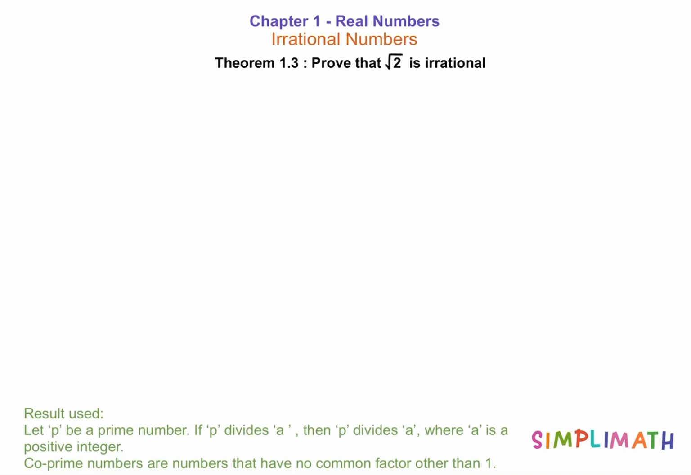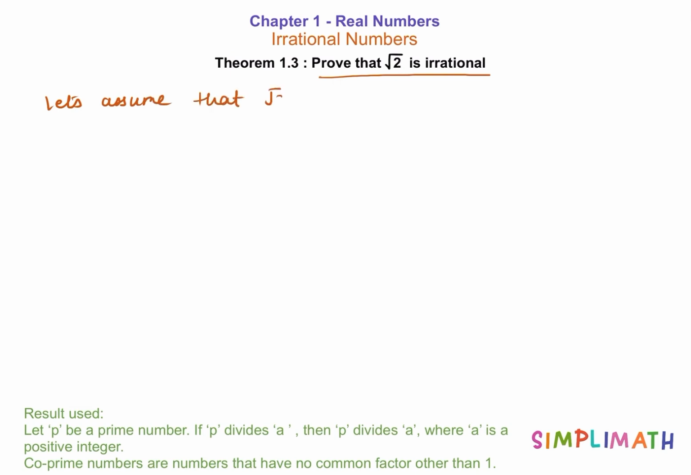Theorem 1.3 asks us to prove that root 2 is irrational. Now we will prove this theorem by contradiction method. Let's see how. Now we have to prove that root 2 is irrational. Okay, now let's assume that